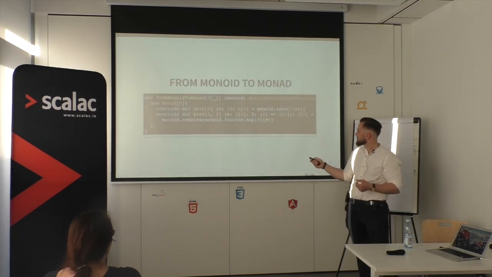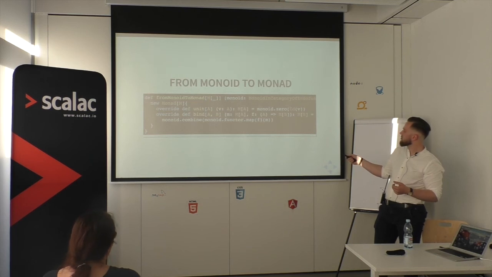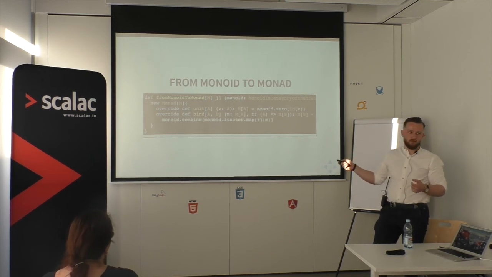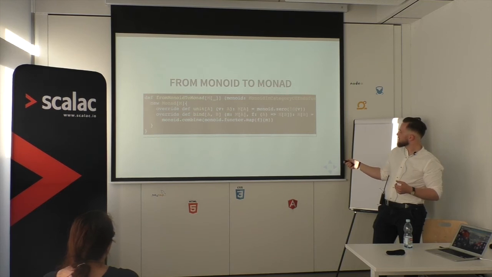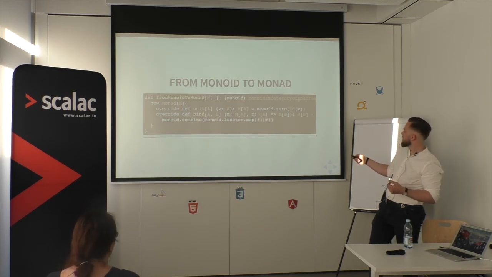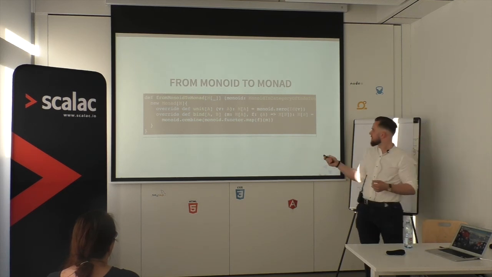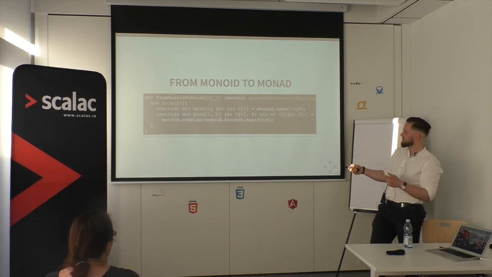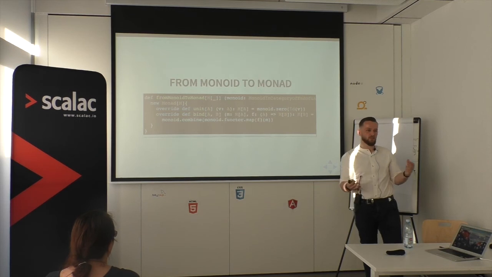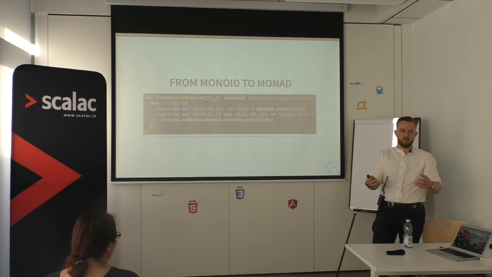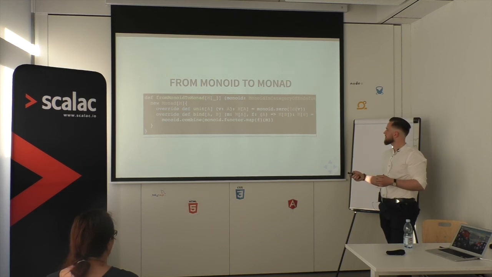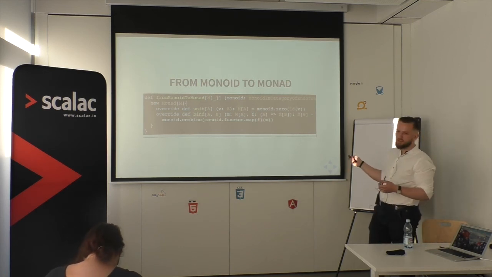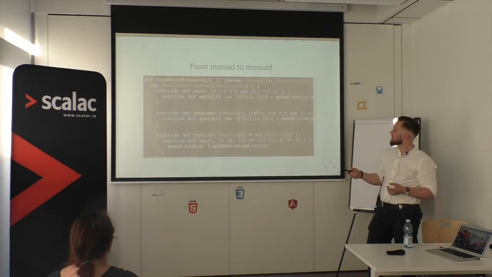okay, we get a function from M of A into M of F of M of B, okay? And then we give the instance here, so we call this mapped function with instance of F of M of A, and what we get back is basically M of B, and we combine it, which is a flattening, yeah? So we have the box with a box inside with a cat inside, and we removed one of the boxes, and it compiles and gives us just a monad of B. Okay? So